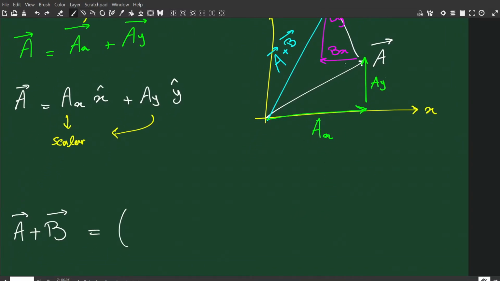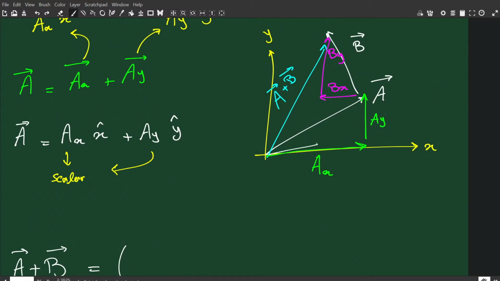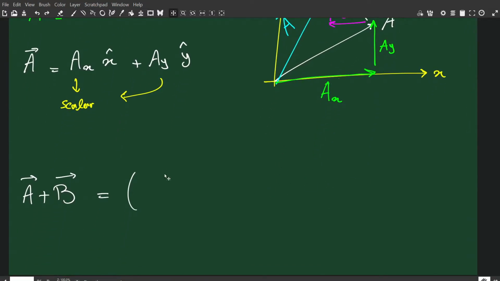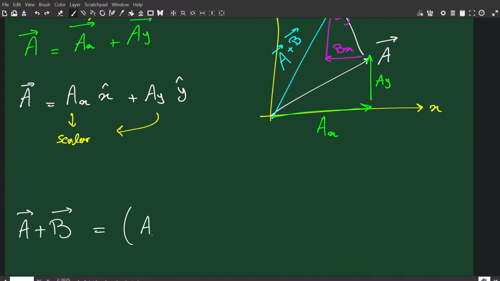I mean, this vector is going to decrease the x-axis. So this is the x of the a plus b vector, and it's ax plus bx. So for its x-axis, it's ax plus bx in the direction of x hat,